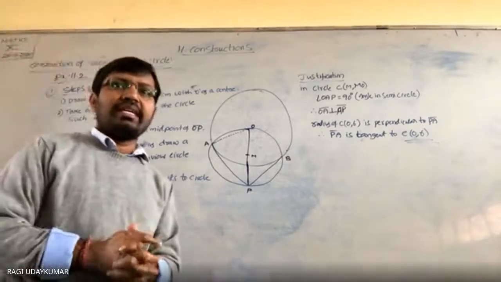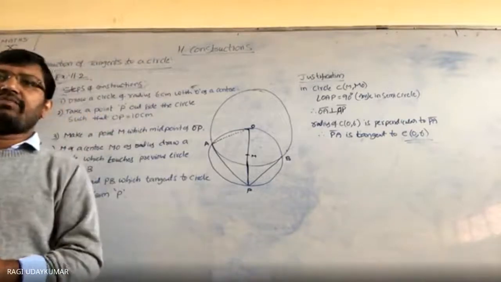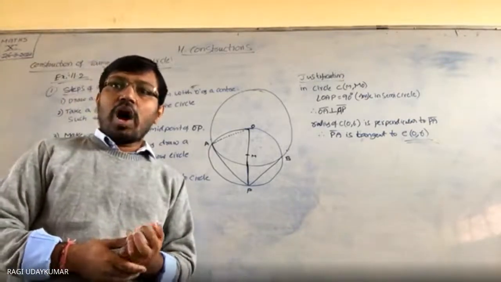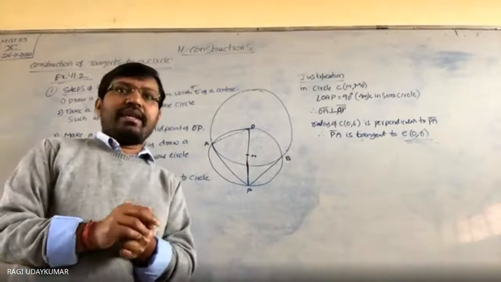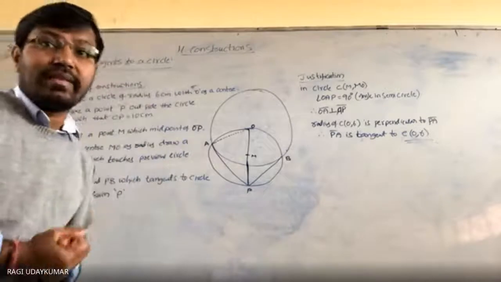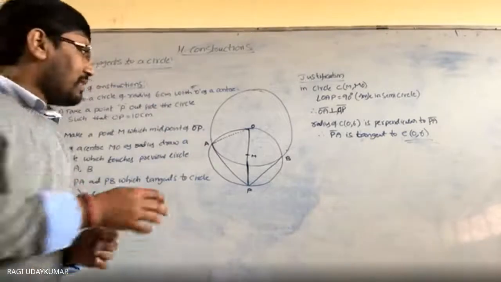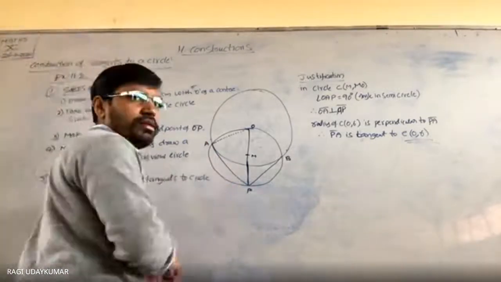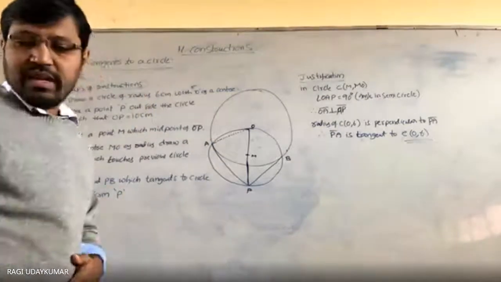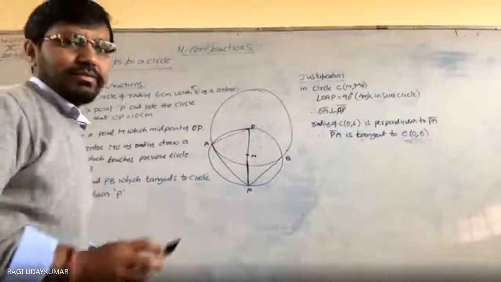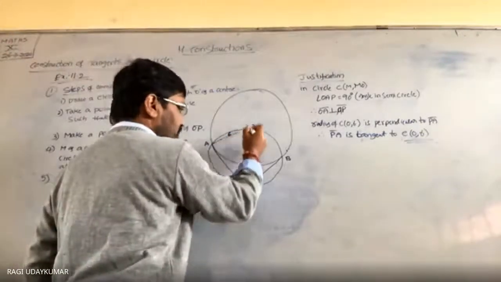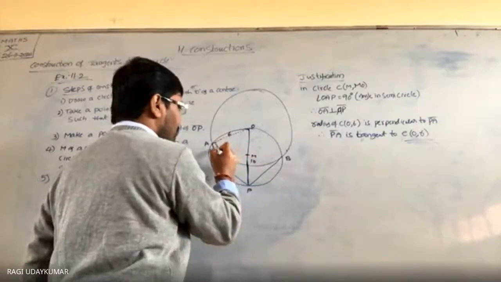Second problem you see, construct the tangent to the circle of the radius 4 centimeters from a point on the concentric circle of the radius 6 centimeters. And measure the length. Here in the first problem, it is asking to measure the length. Measure it with a scale and compare that using the Pythagoras theorem. How much can it be? This radius is 6 centimeters, this distance is 10 centimeters, this is 90 degrees.